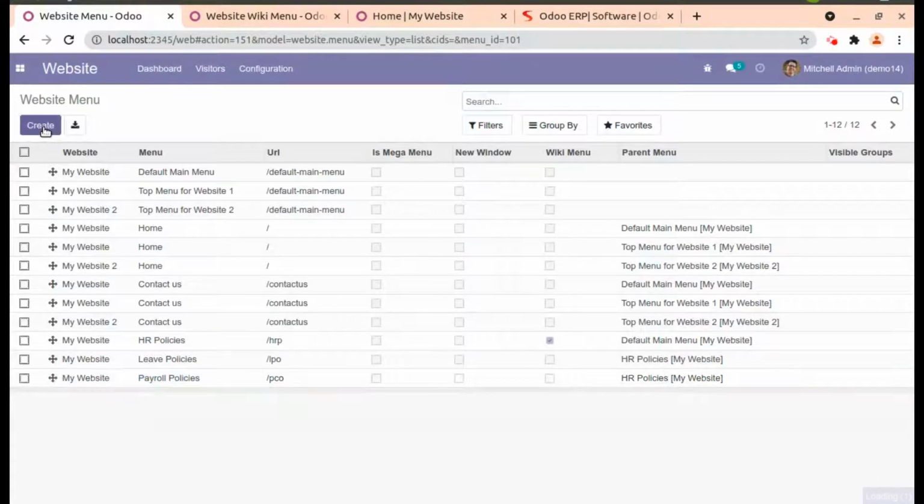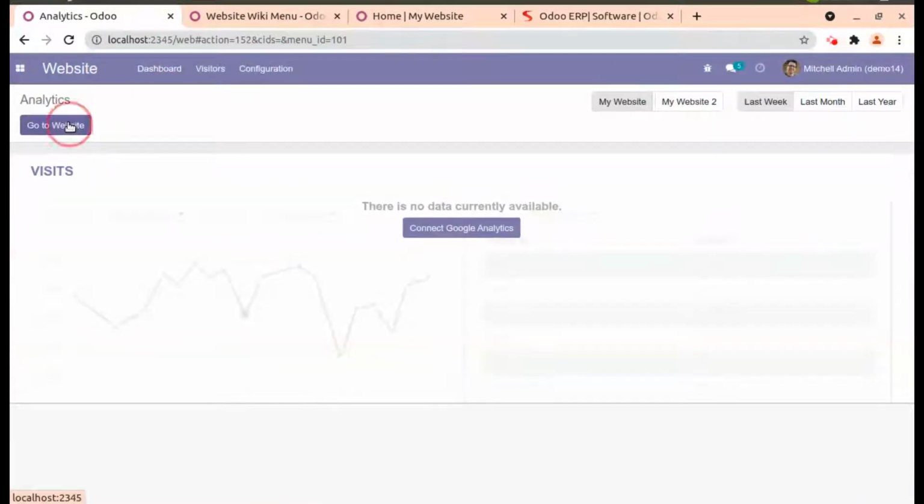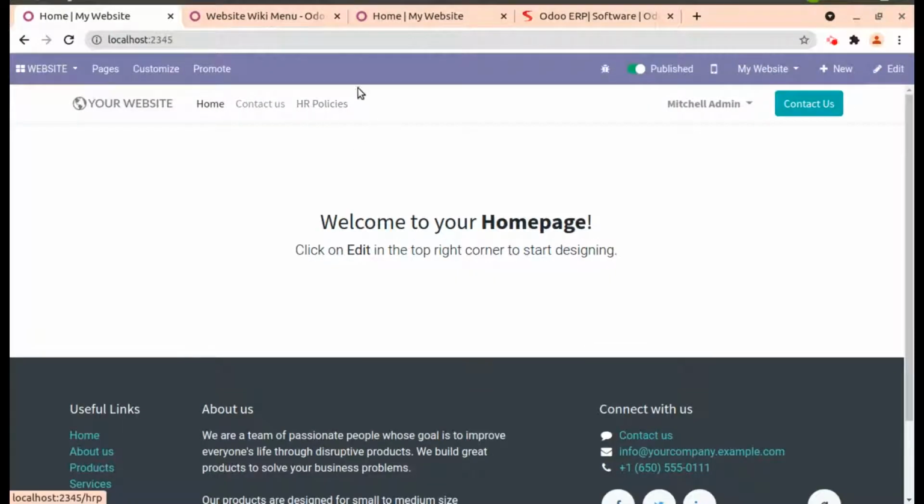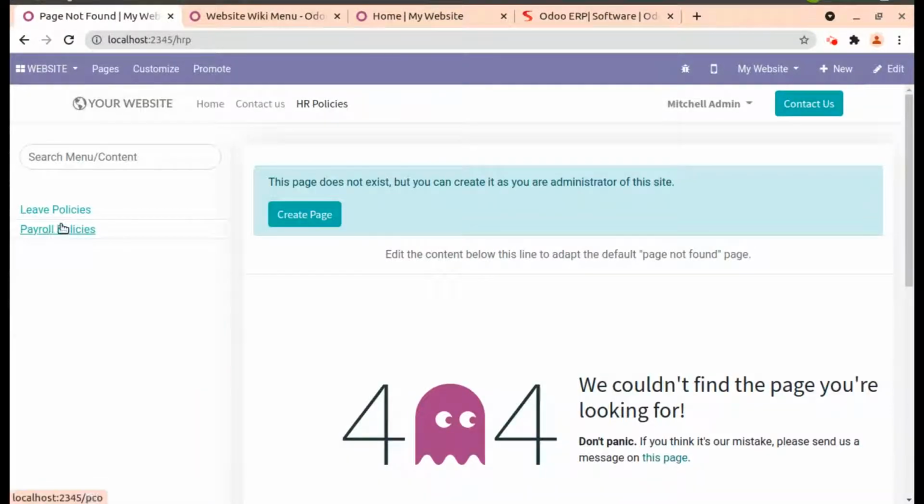So when we click on save, and now if we go to our website, that menu will be directly available on our screen, as you can see. Now when you click on this HR policies, both the menus that we have created of leave and payroll will be directly available.